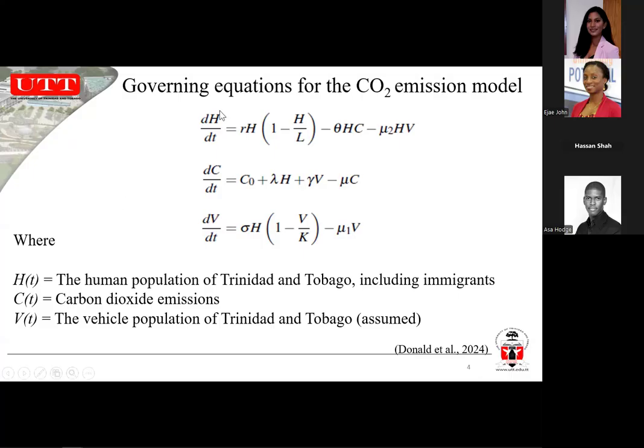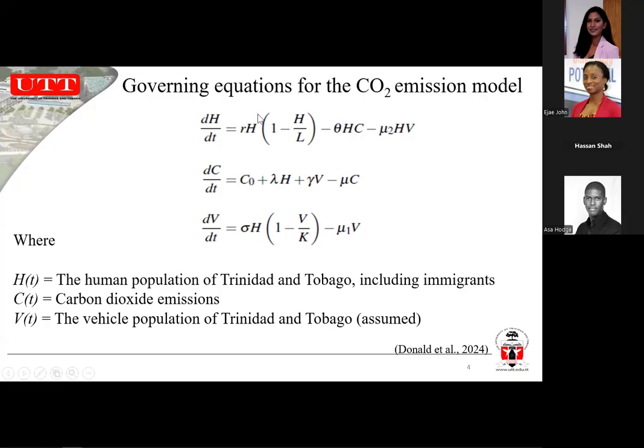H is defined as the human population of Trinidad and Tobago, including immigrants. C is defined as the carbon dioxide emissions, and V is defined as the vehicle population of Trinidad and Tobago,